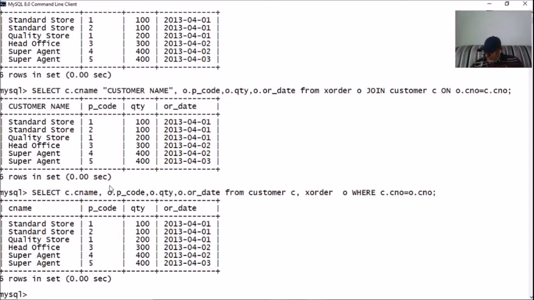Look at this command. Select c dot c name, comma p dot p name, comma o dot quantity, comma o dot order date, from.